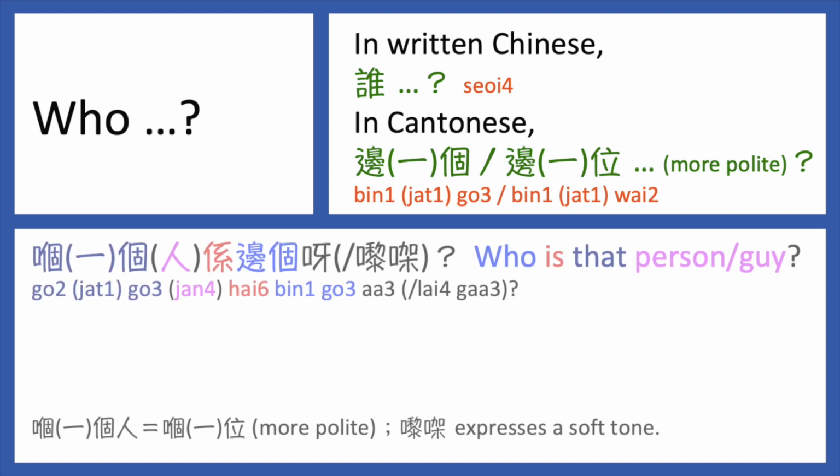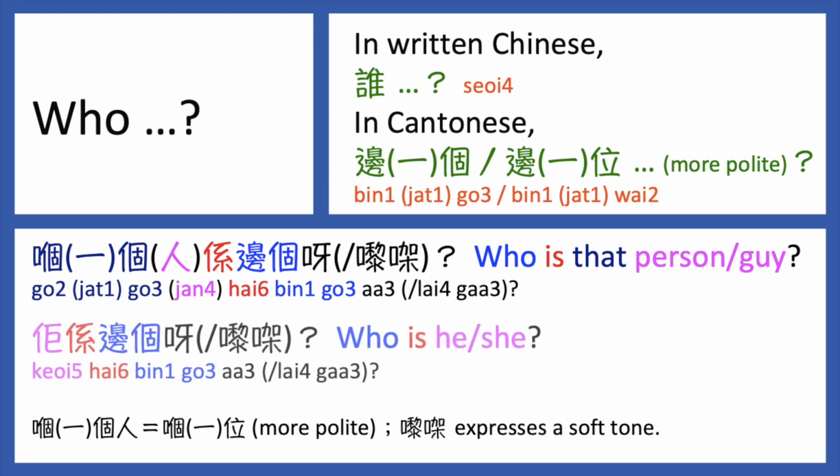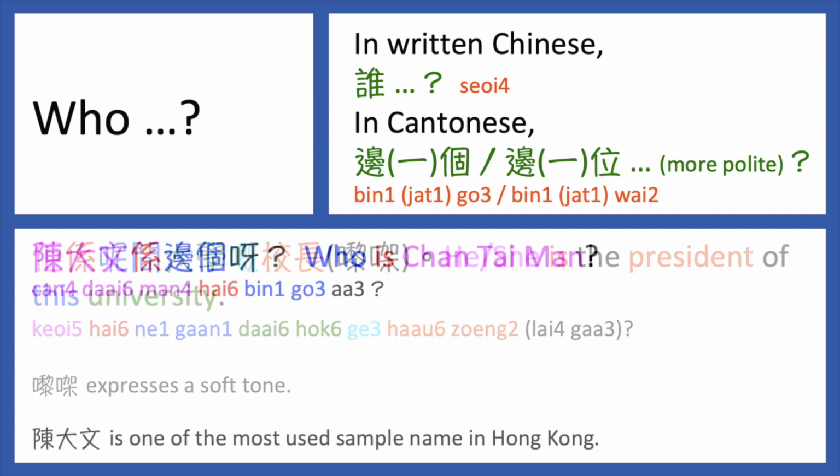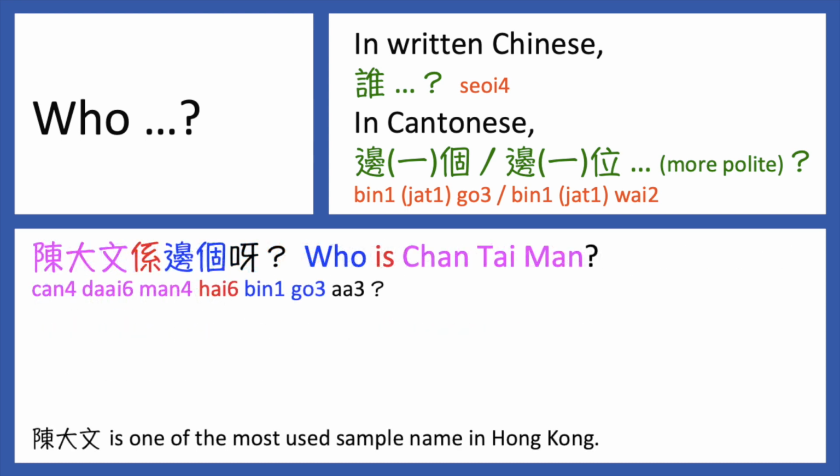For example. 嗰個人係邊個啊？嗰一個人係邊個嚟㗎？佢係邊個啊？佢係邊個嚟㗎？佢就係呢間大學嘅校長。陳大文係邊個啊？ We can also put the question word at the front of the question, if the complement is a definite